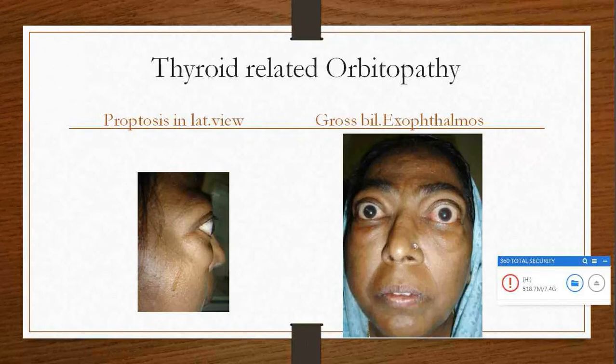So this is a case of exophthalmos. Proptosis is about 26 millimeters. Hertel reading is there, and this lady had compressive optic neuropathy, and she was not responding to medical treatment of steroid, 1 gram IV methylprednisolone we had given for 3 days. Still, the optic nerve compression is not relieved. So we planned 3-wall decompression with orbital fat removal in this lady.